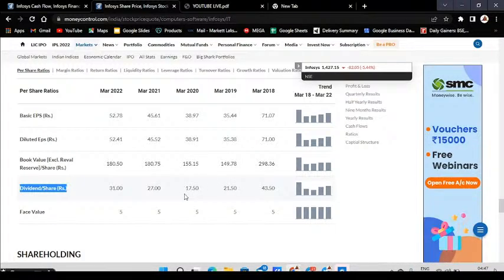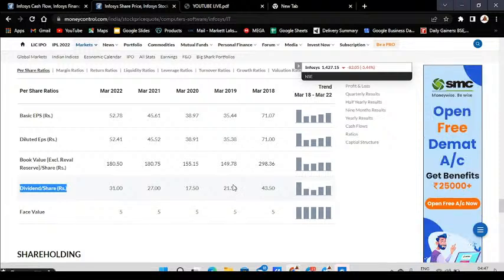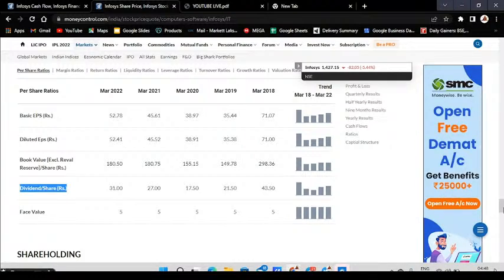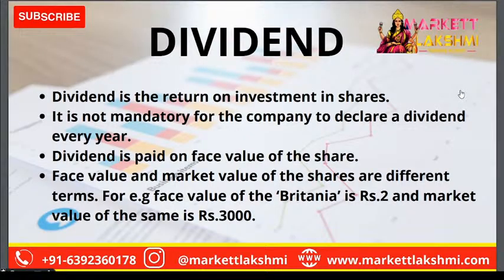Now how you can check the dividend, because if company is announcing dividend, you will get the news. Somehow you have missed the news. How you can check it? Go to the Money Control, type any of the stocks in search column, click on it and come to this area. Here we have so many options: overview, chart, Money Control insights, Money Control technicals, price and volumes, news, forum, research, deals, insider, corporate action, which is written as corp action, financials, shareholding, peers, and about.